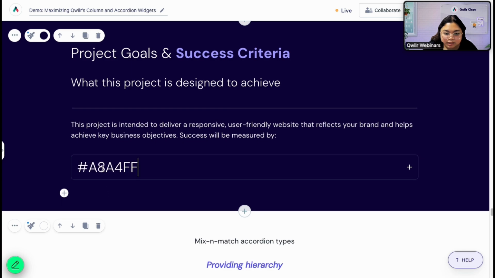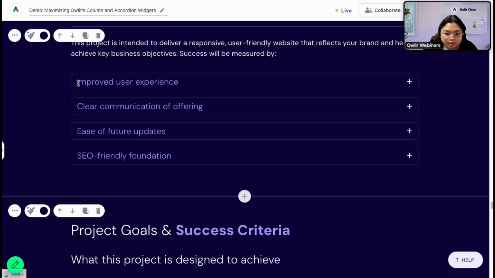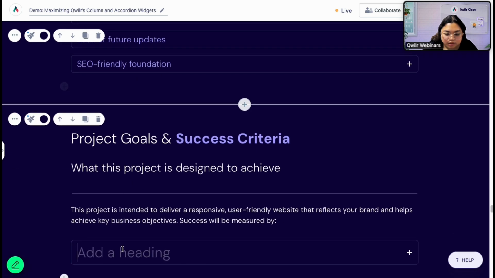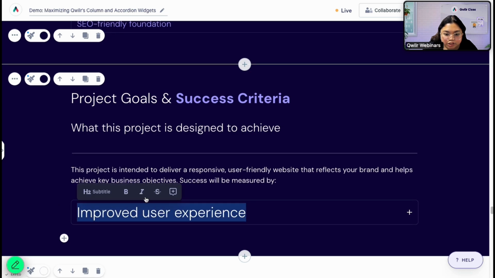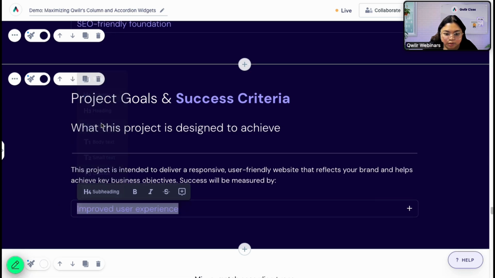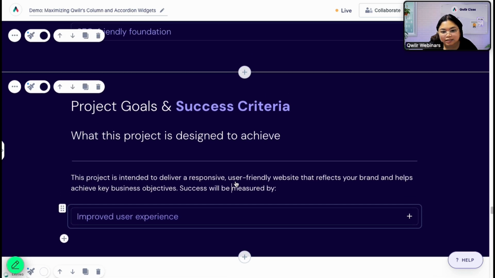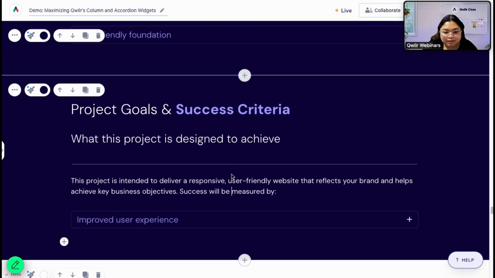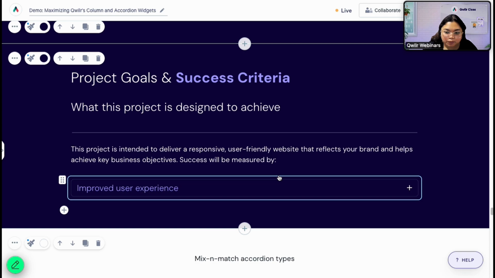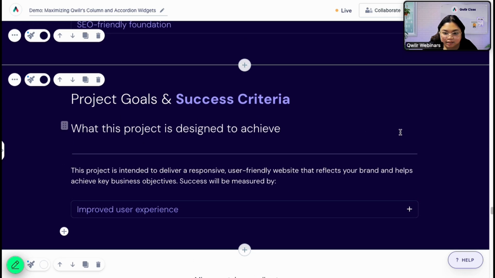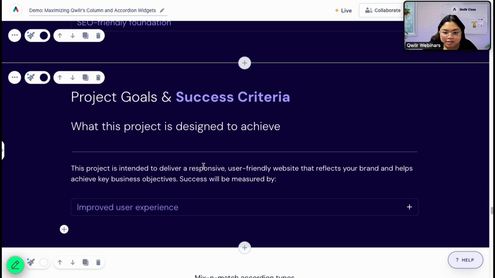And then I'm just gonna paste also this one here, and then change it to subheading. So yeah, this one is pretty straightforward, and it blends well with your background to make it more cohesive